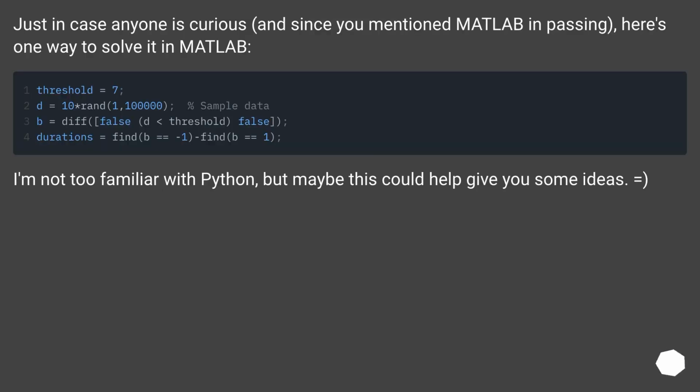Just in case anyone is curious, and since you mentioned MATLAB in passing, here's one way to solve it in MATLAB. I'm not too familiar with Python, but maybe this could help give you some ideas. Equals